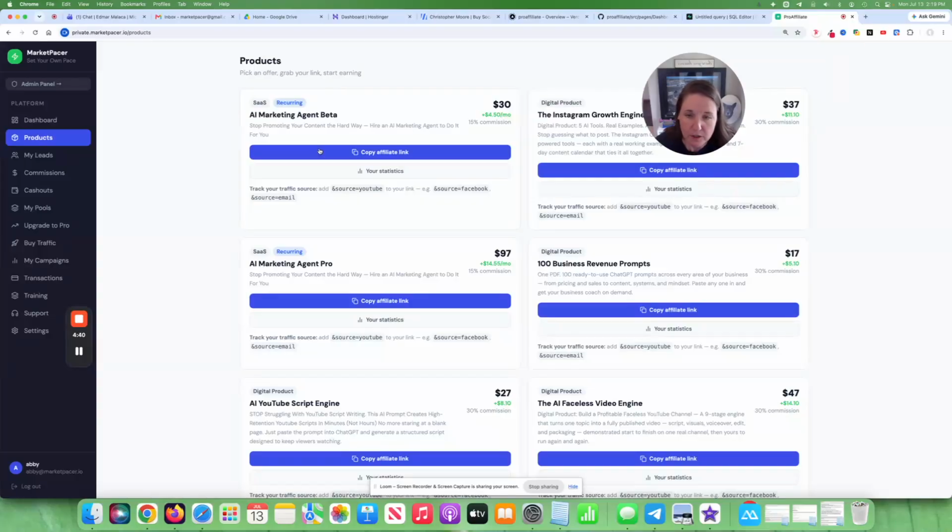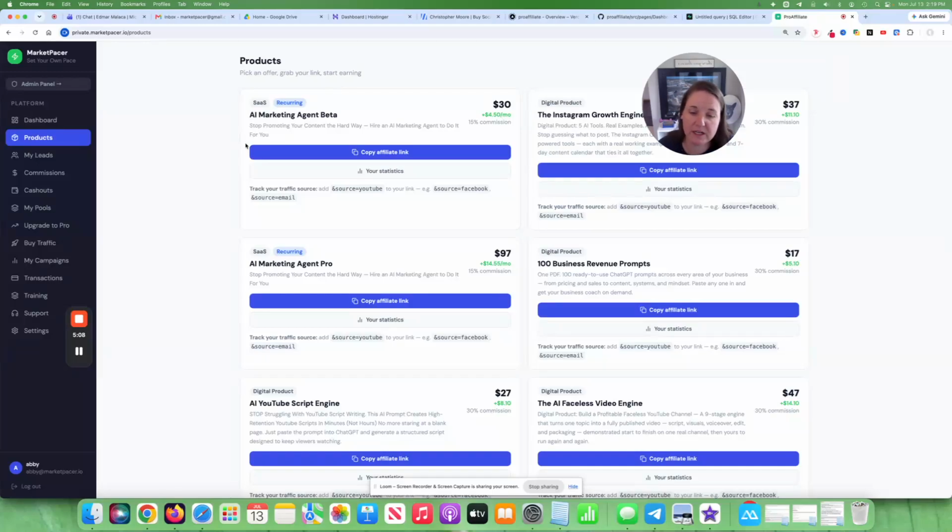And so I'm constantly building this library out. If you are building a true email list, all of these products tie together. So any one of these products can be promoted to an email list that you're building, regardless of what niche it is that you're building. They're all going to be related, to be able to promote the same thing to people.